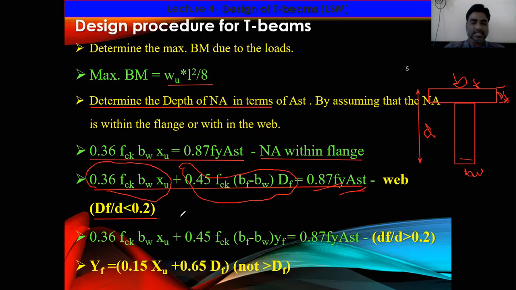And another case is if the depth of neutral axis is within the web and the stress distribution along the thickness of flange is not uniform. Not uniform means what? Suppose this is the thickness of flange and the stress distribution, suppose this is somewhere else here in the axis,